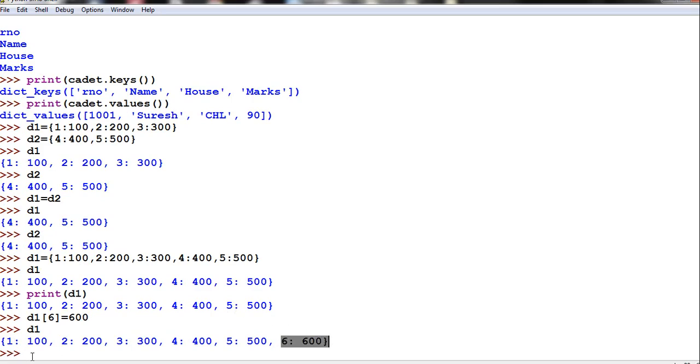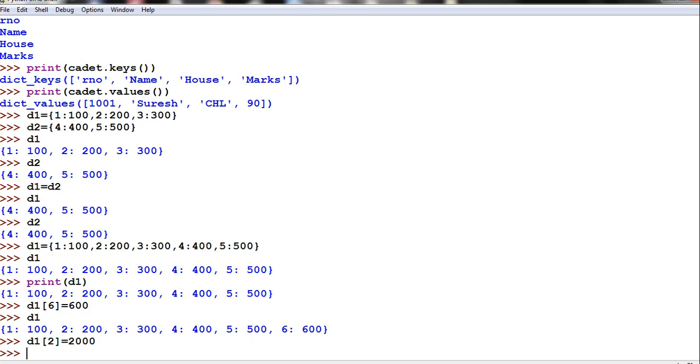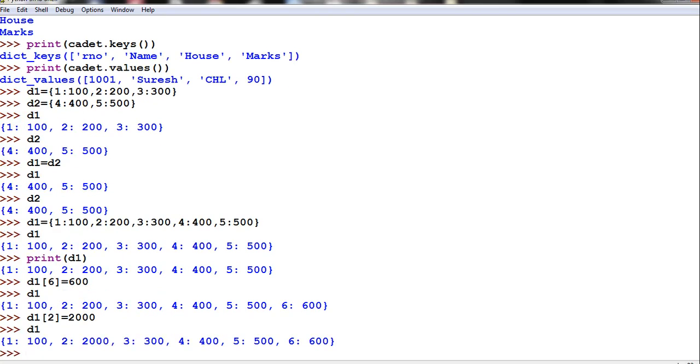Now for example, if d1 of 2, instead of 200 I will make it 2000, right? Now let us see whether it will mutate or not. Mutated? Sure. Now see, earlier your 2 was 200, now you made it 2000.